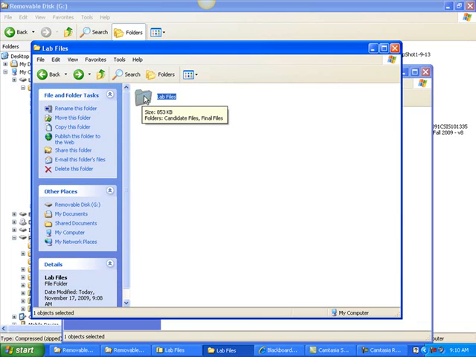In the directory structure. So I'm in lab files here. I've selected that, and I'm going to